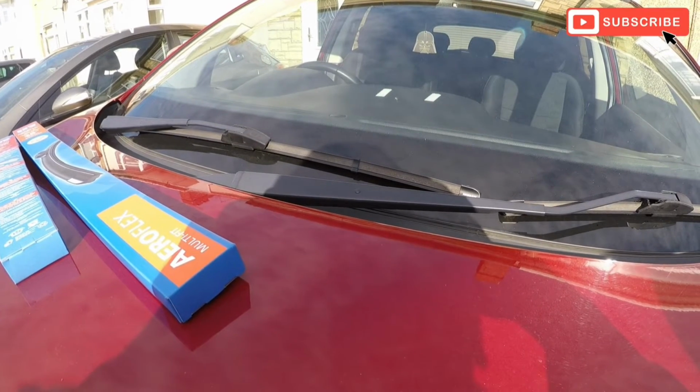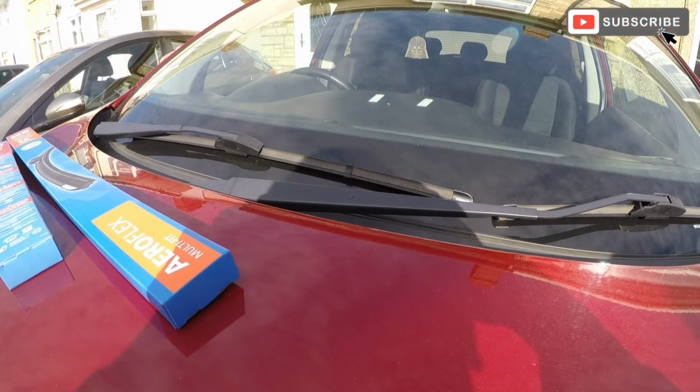Hello friends, in today's video we're gonna be changing the wiper blades on this Nissan Qashqai